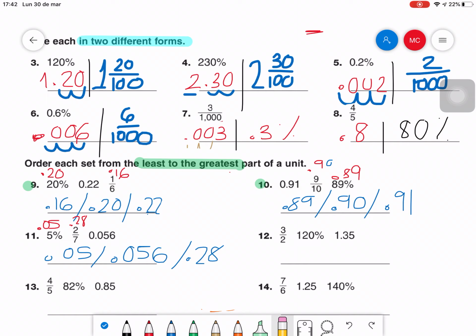Next one. 3/2, 120%, and 1.35. Well, this one is done. I can easily change the second one because it will be 1.20. Remember, whenever you are trying to convert a percentage into a decimal, you only move the decimal point as many times as the number has zeros. So it's only 2. And then this one will be done as a division. 3 divided by 2. It fits one time, and I am left with 1. I put a point and add a 0. How many times does 2 fit in 10? 5. So it will be 1.5